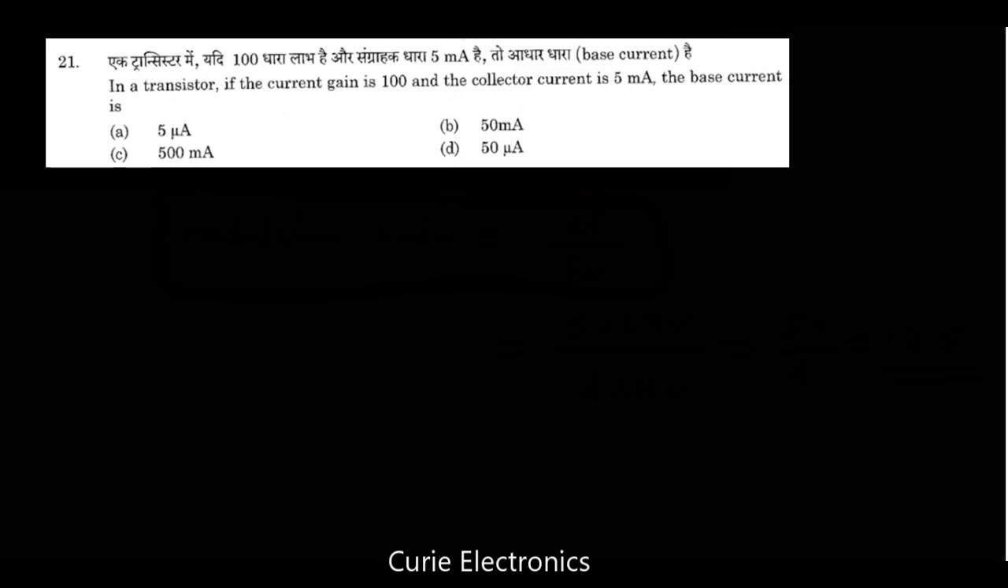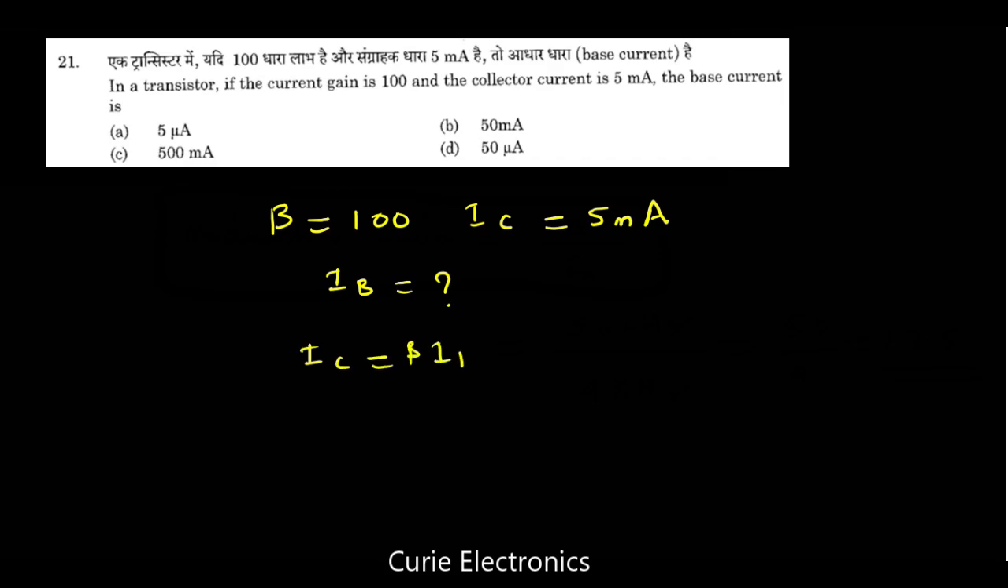In a transistor, if the current gain is 100 and collector current is 5 milliamps, find the base current. So beta is 100. What is the collector current? IC is given as 5 milliamps. IB we have to find. IB is the question. So IC equals beta times IB. So IB equals IC upon beta,